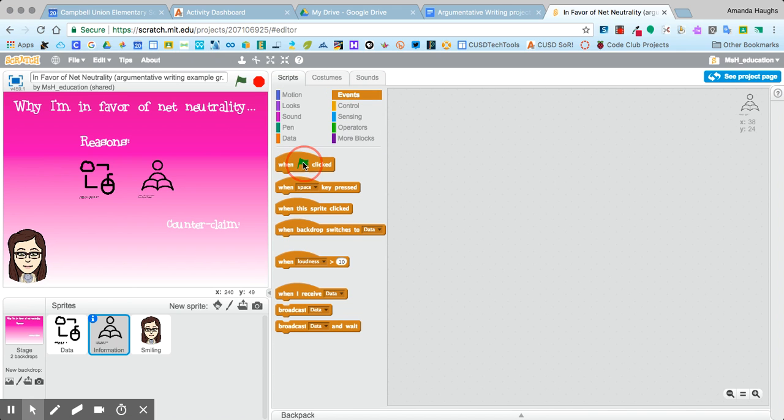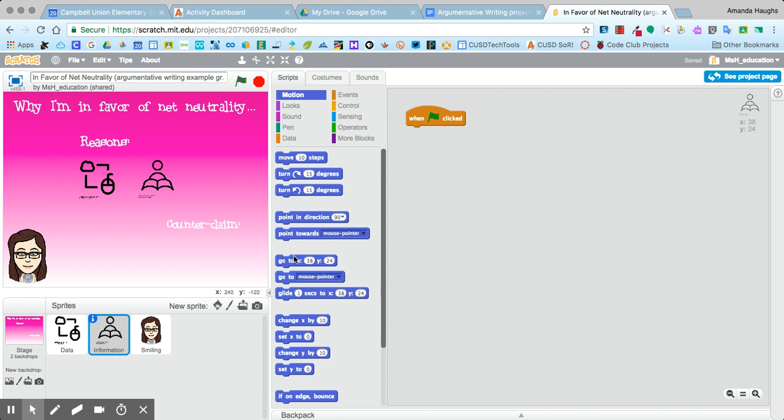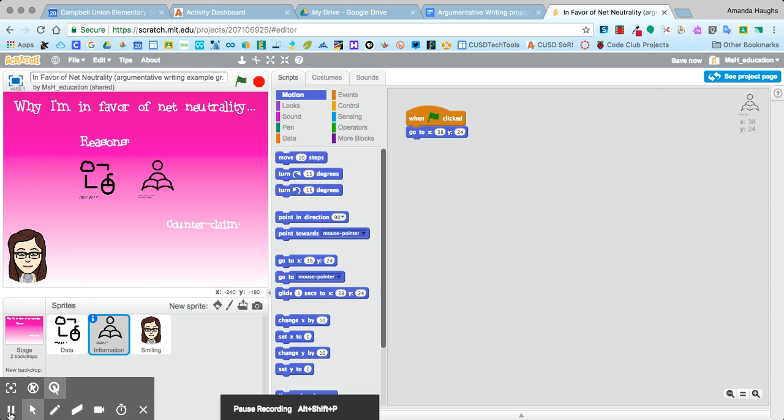I'm going to go to my events and say when the green flag is clicked, and I just drag and drop my blocks over here in the workspace to write my code. And then I'm going to go over here to motion. And right now I'm going to go to the block down here that says go to XY. And the coordinates that are in here already are the coordinates that my icon is sitting at currently. So I'm just going to go ahead and drag that right over, attach it to the bottom of my green flag block. And now that that piece of code is ready to go,